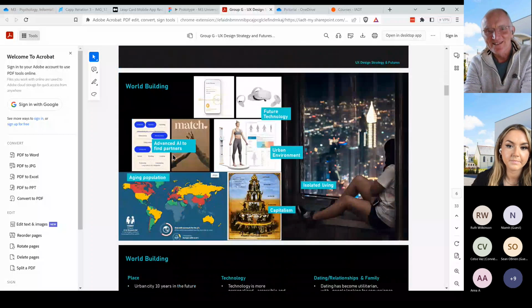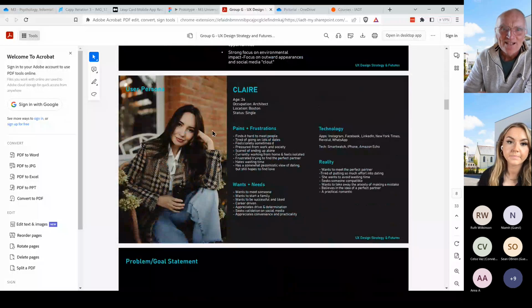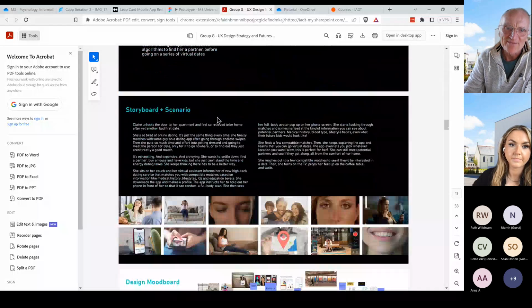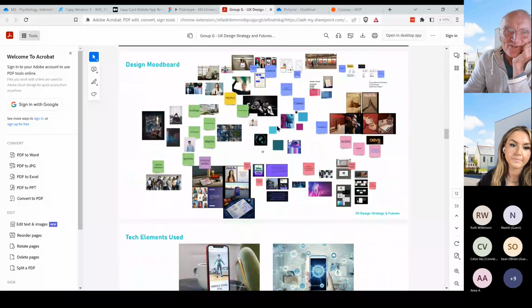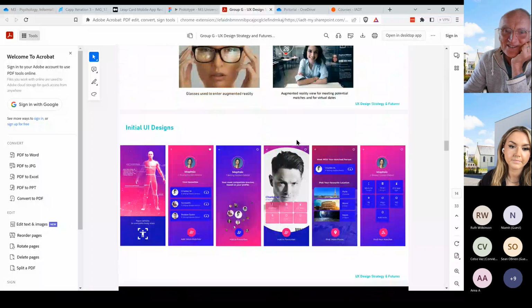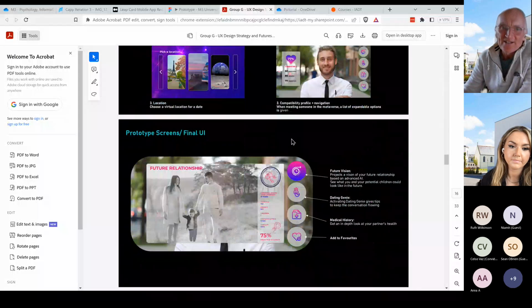Then they started building. They can't build this app, but they build an imaginary world. So they go through what's known as a world building exercise. And they build this imaginary world in which this dating app could be used. And basically they create some personas to represent the people you're designing for, come up with problem statements. But then in the design bit, they go through creating mood boards. People who have done graphic design will know that they talk about the different types of technology that they're going to imagine are available. And then they start going through design flows and design iterations.